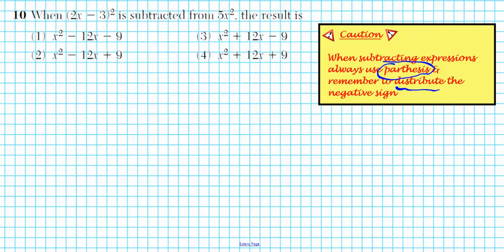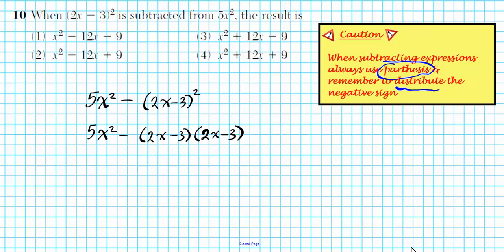Okay? So 2x minus 3 quantity squared is subtracted from 5x squared, so it's written in reverse. You have 5x squared, operation, subtract, is minus quantity 2x minus 3 squared. All right, so let's go ahead and expand 2x minus 3 squared. This is the same thing as 5x squared minus 2x minus 3 times 2x minus 3. Okay? Okay, so what we're going to do here is distribute these two